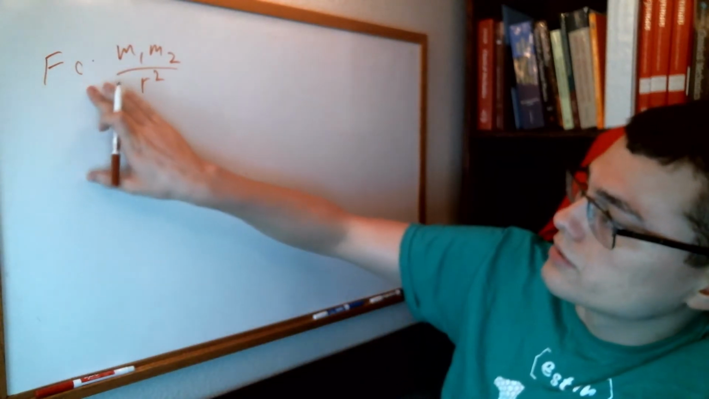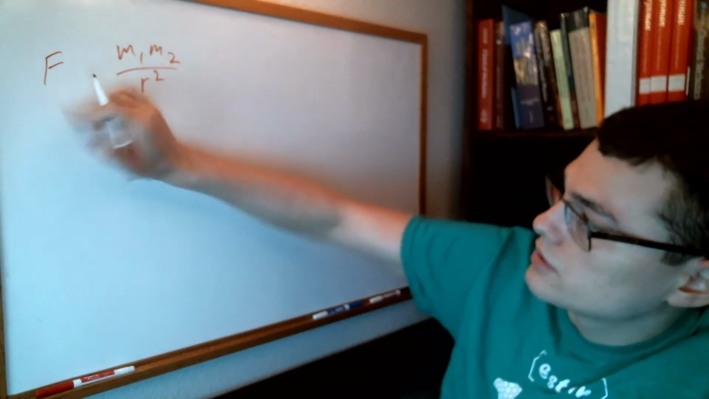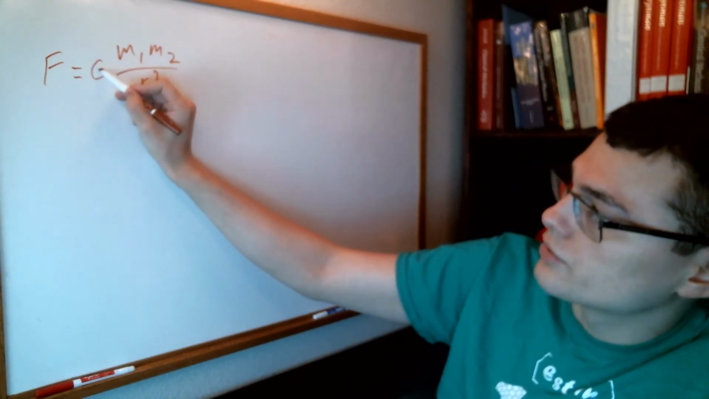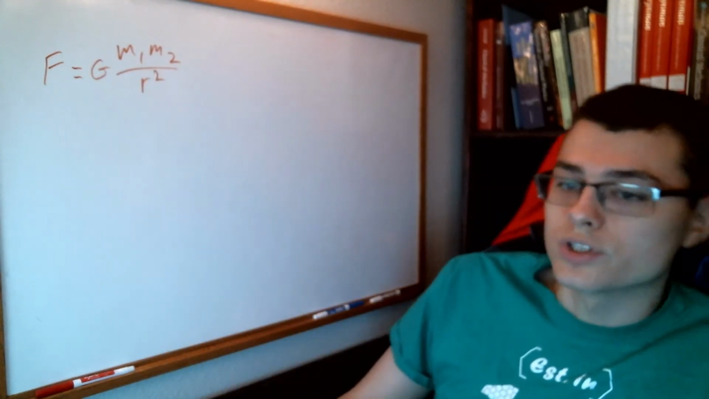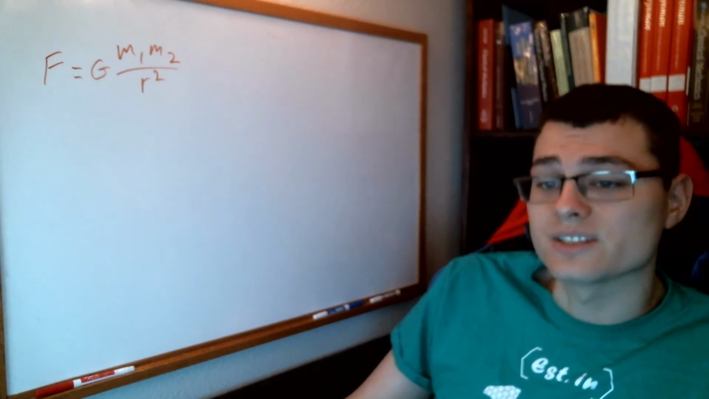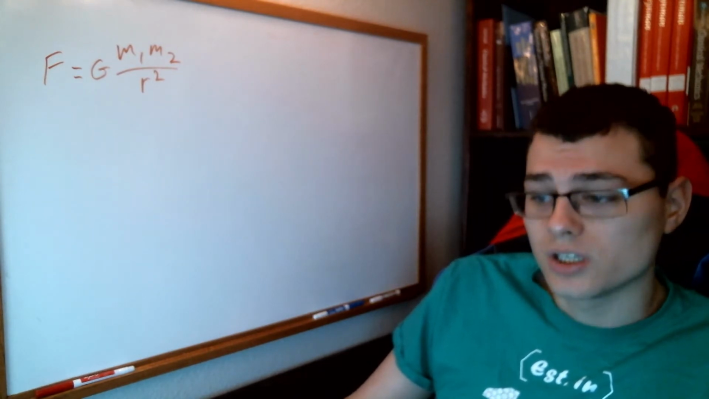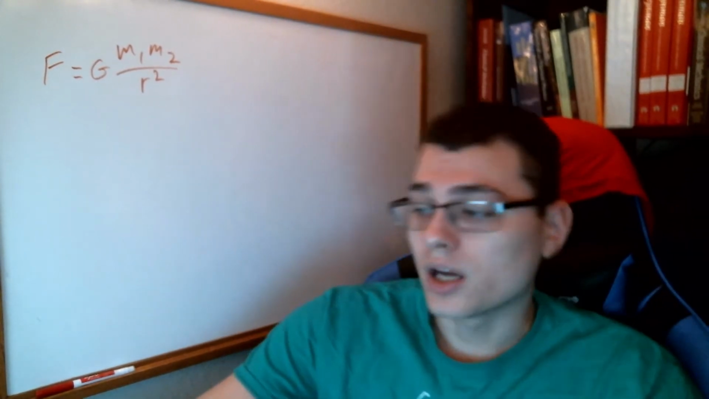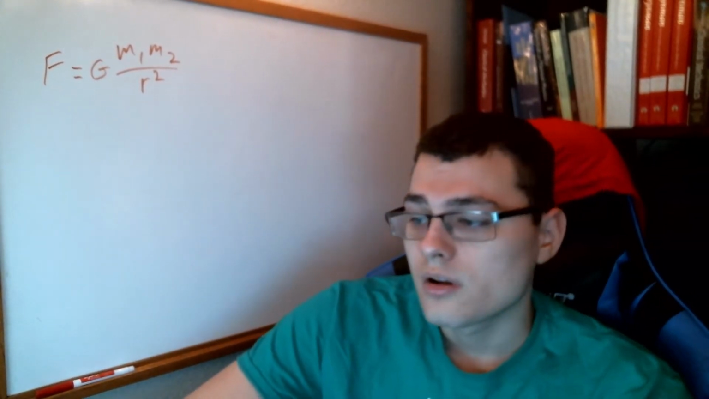Now, in order to get rid of this proportional sign here, we can say that this is going to be equal to G, which is our gravitational constant. This is different than little g. This is big G. The gravitational constant was measured experimentally,